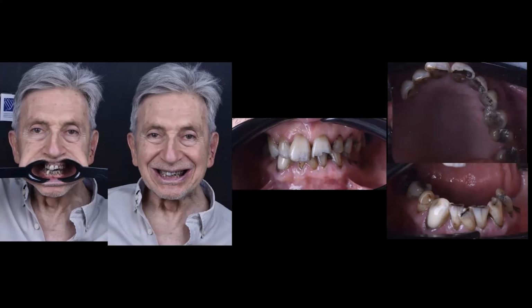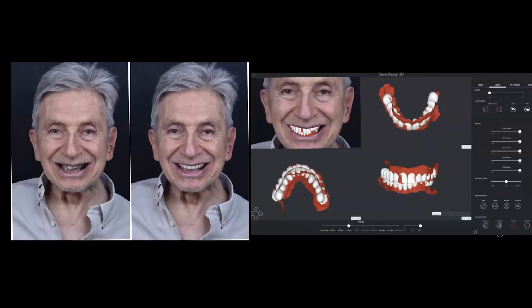This is a beautiful case. Valentin is a very important medical doctor here in Mendoza, Argentina, where I live, and he came to me in this condition. Then again, Ralph, we have work to do because I love working with Ralph.